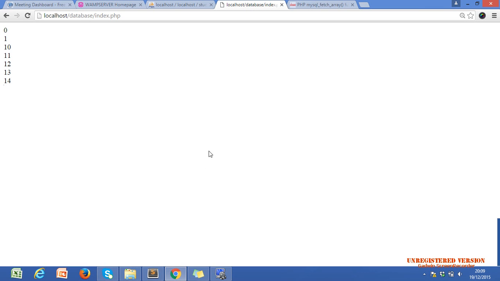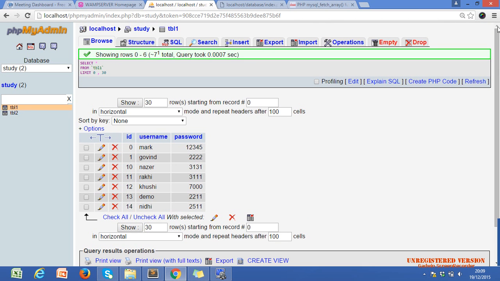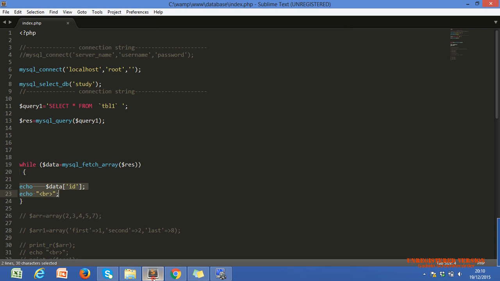We are going to make our login page dynamic. Till now we just used hard-coded username and password, right? Hard-coded means we only check that the username should be Nazar and the password should be Nazar in our code.